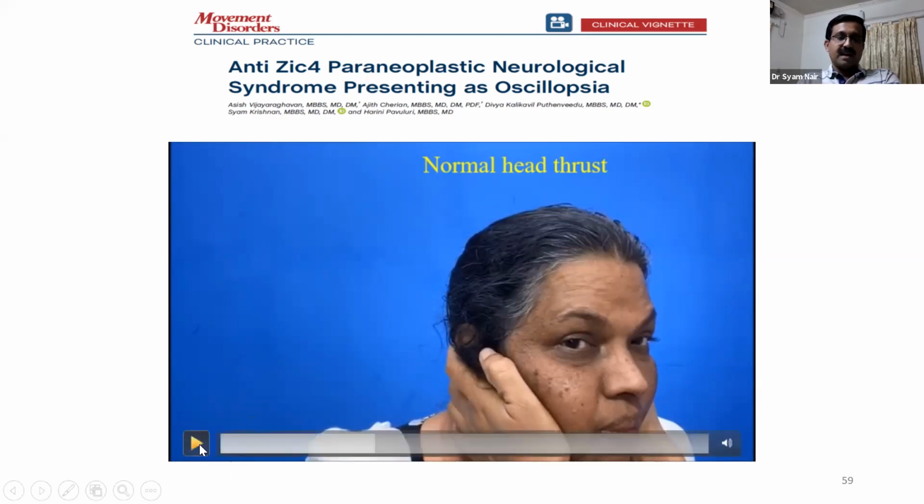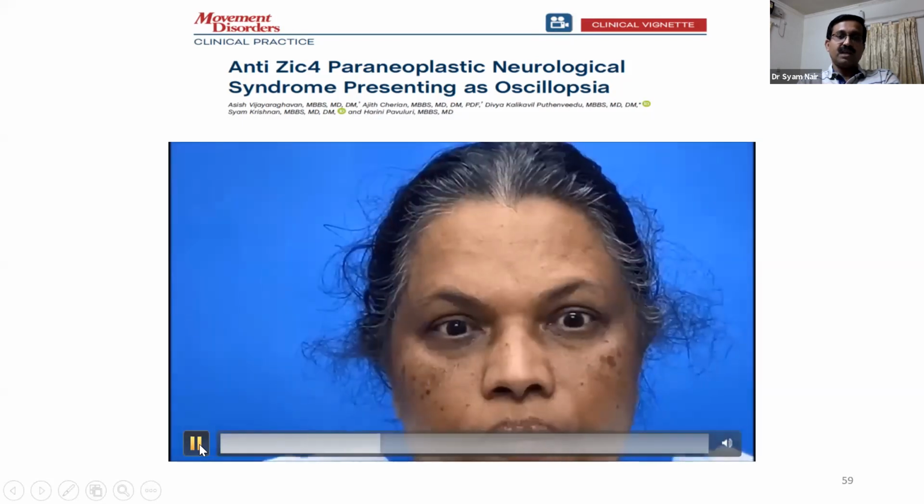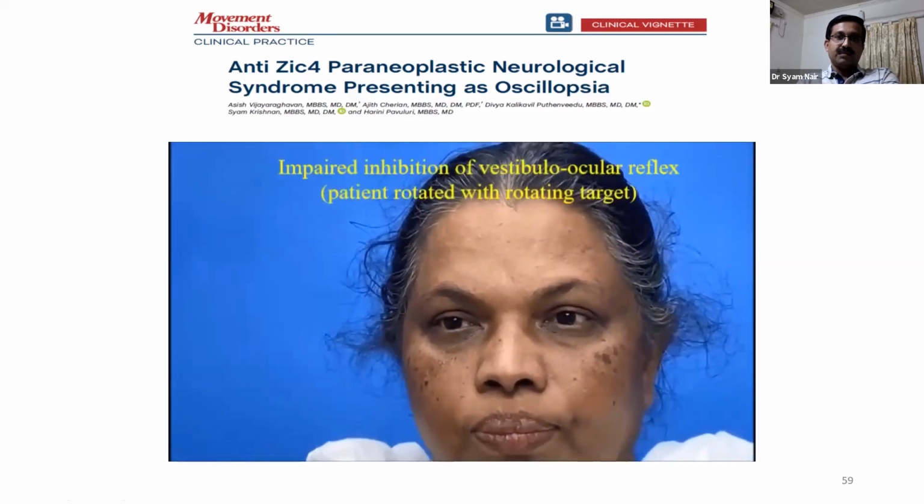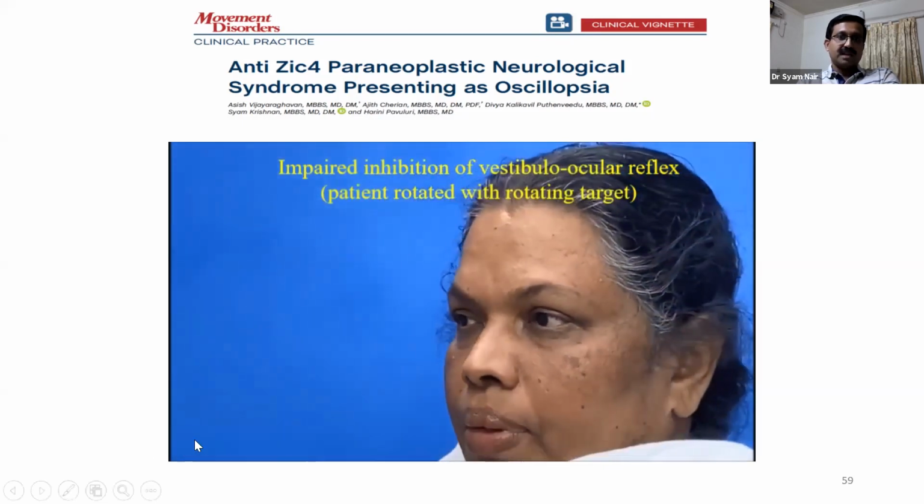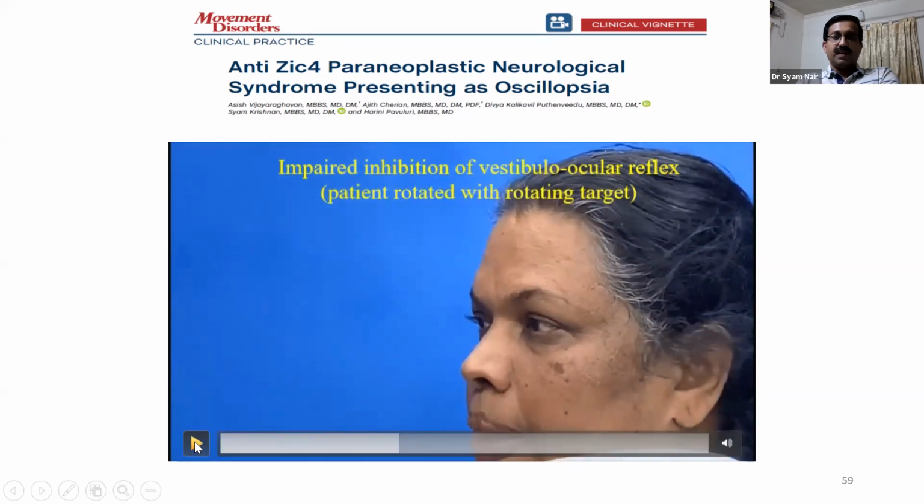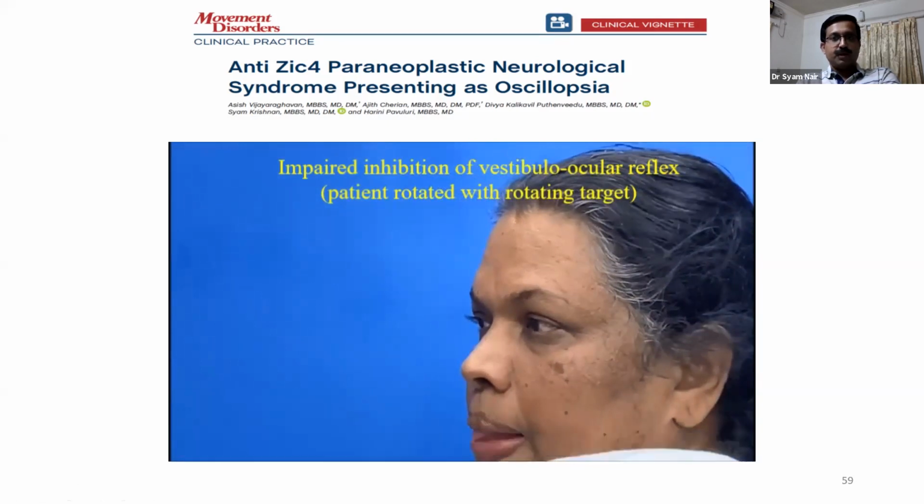But this patient had impaired VOR suppression with fixation. How it is done: normally when you turn your head, the vestibulo-ocular reflex becomes active. But when you ask the patient to fix and then you rotate the head or rotate the whole body, the vestibulo-ocular reflex is suppressed. So you make the patient, it's a very artificial situation,